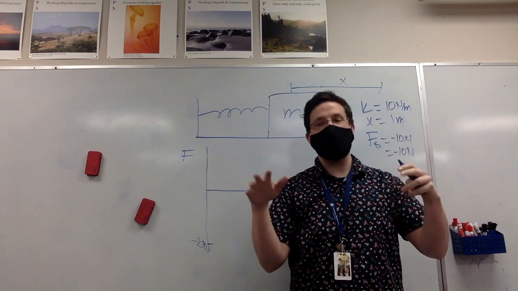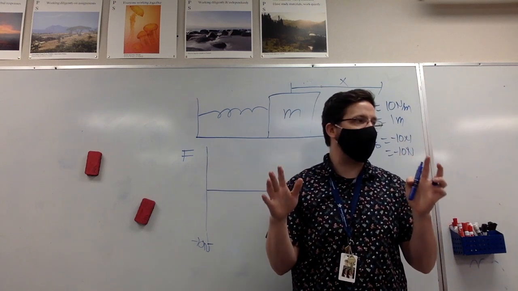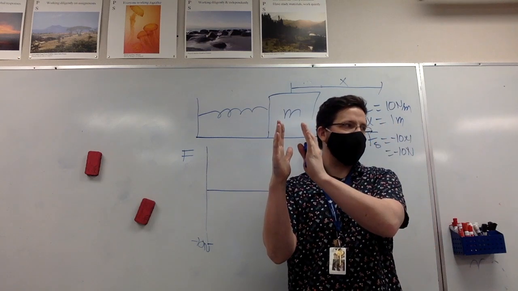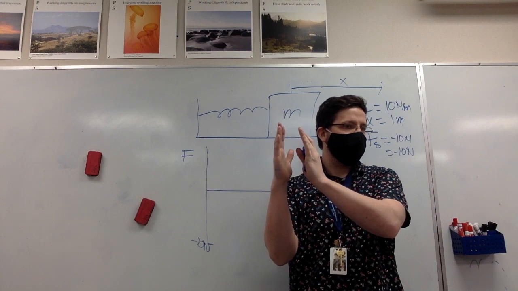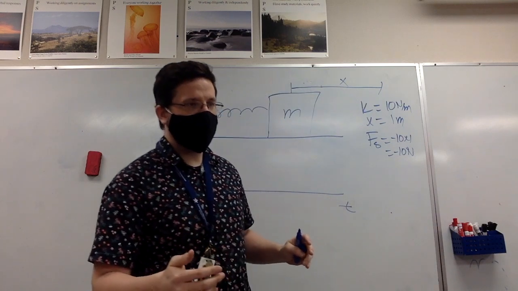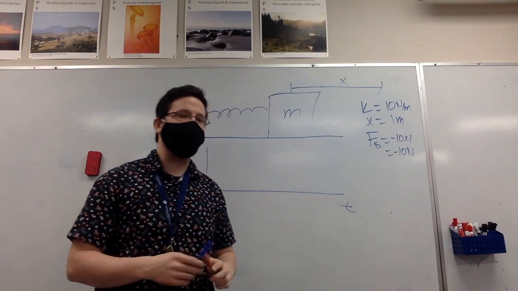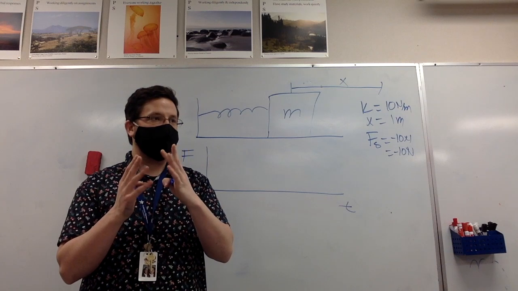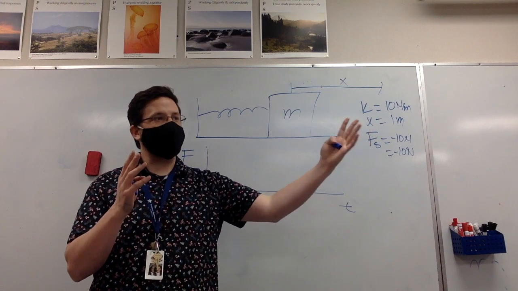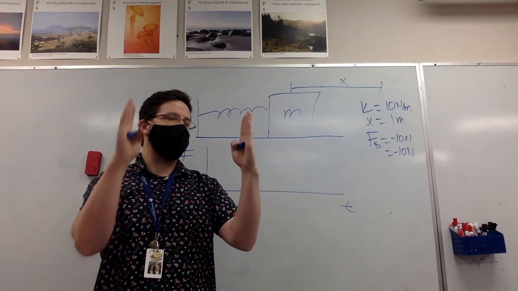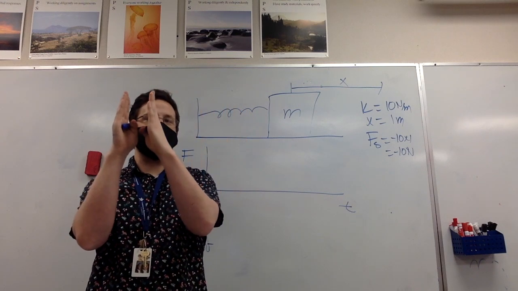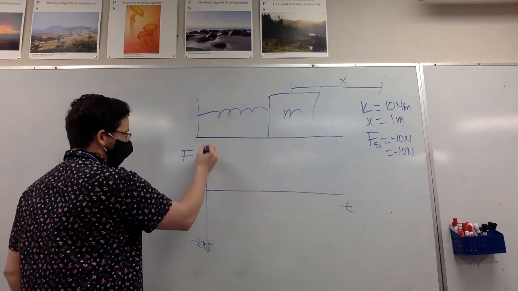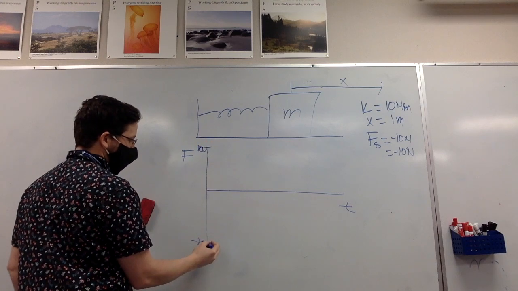If nothing changed, like no energy or whatever, you don't know what energy is yet, but if nothing about the motion changed, just as a guess, how much do you think it would compress on the other side? Not all the way, because there's still springs away. Well, it wouldn't compress all the way, but it was stretched by a meter. So how much would it compress by? A meter, because it would essentially have enough momentum in the middle that the force it would take until you had the same amount of force applied to stop it again, and then it would start accelerating it the other way. So the way that the graph would look actually would be something like this